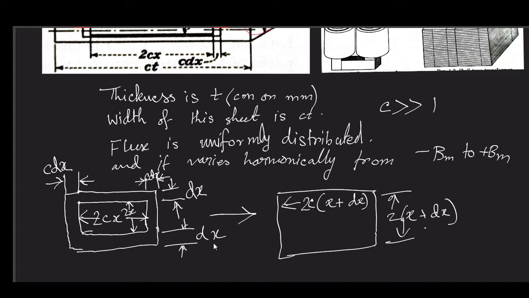Now what I was trying to say by doing all this is that the alternation of flux within this inner rectangle of sides 2cx and 2x will always set up an EMF